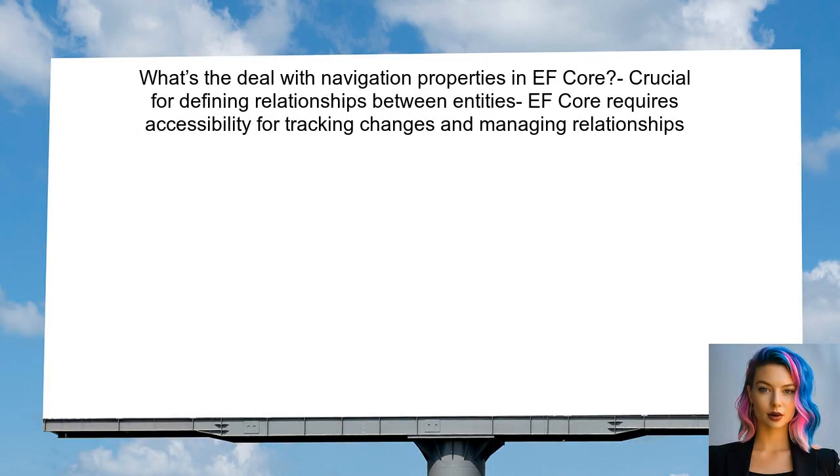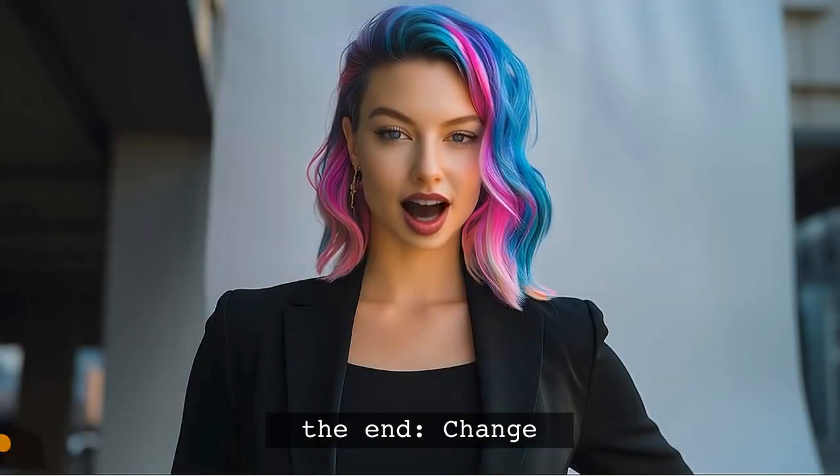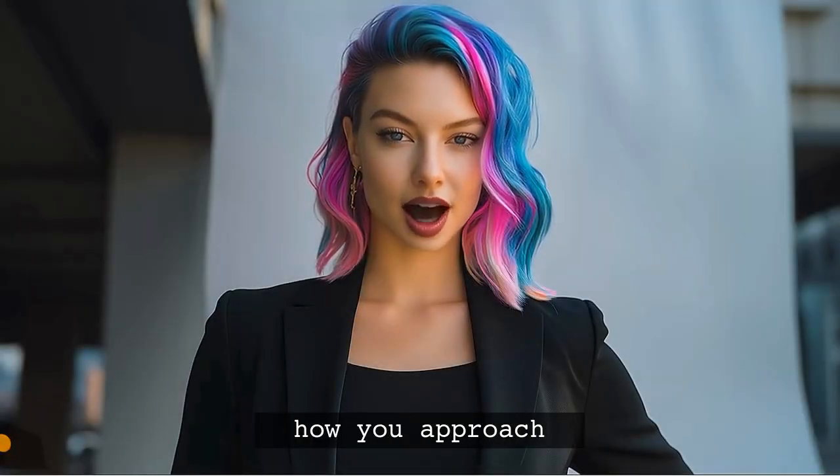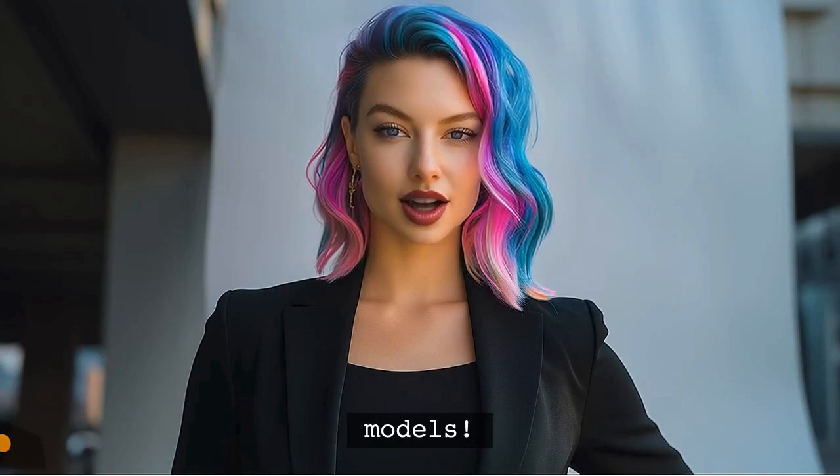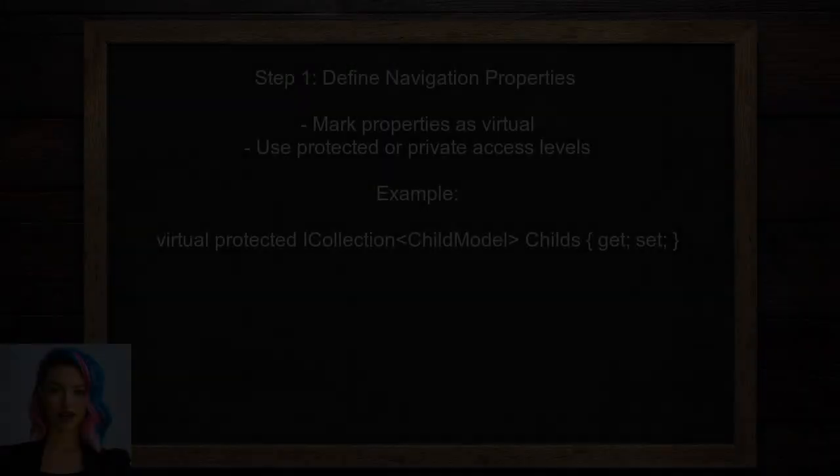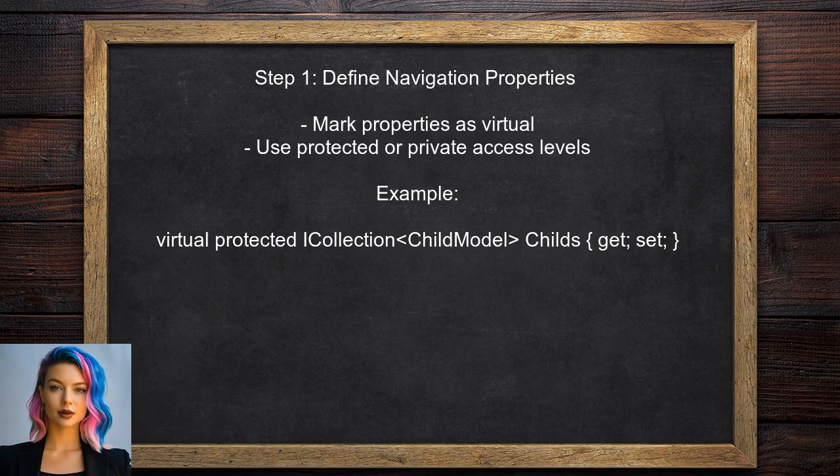So what's the deal with navigation properties in EF Core? Navigation properties are crucial for defining relationships between entities. However, EF Core requires these properties to be accessible for it to track changes and manage relationships effectively. And stick around. I have a valuable insight at the end that could change how you approach your EF Core models. To define navigation properties in Entity Framework Core with private or protected access levels, the user should start by